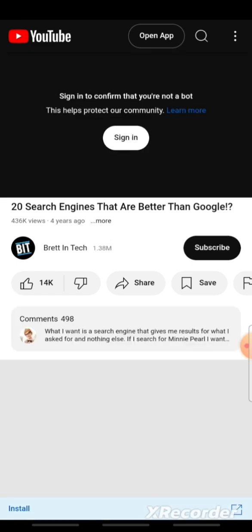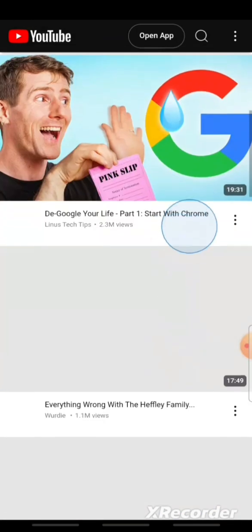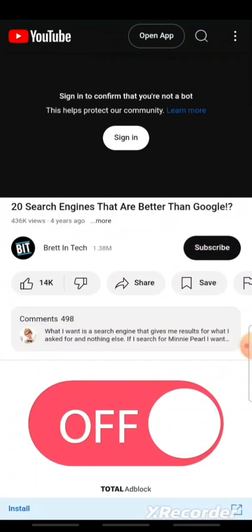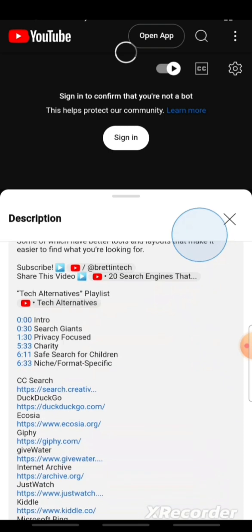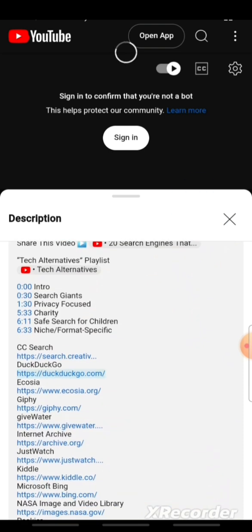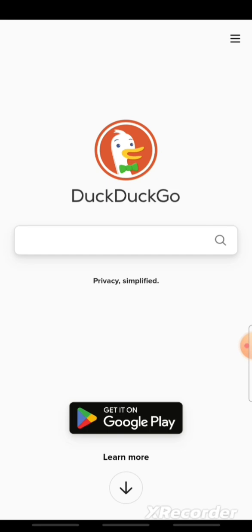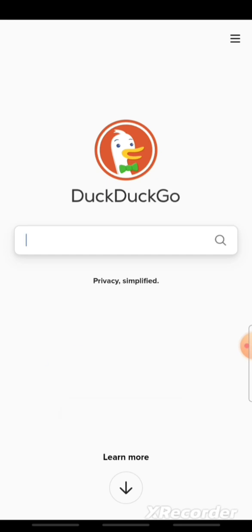Inside the video, just go ahead and check the description of the video. You just click on more. To open the description, click again on more. Then to show you the description of the video where the links for the search engines are, go ahead and click on one of them. Then it will automatically open the search engine